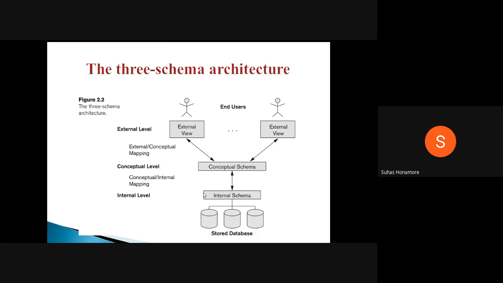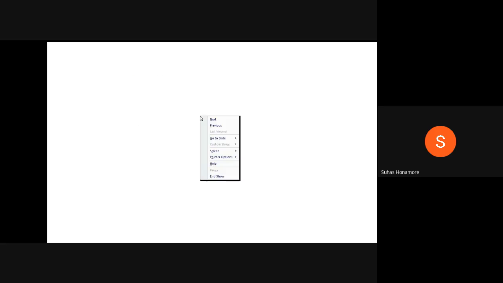Initially different languages came, and they proposed their own ways of doing it. Here we have three levels: external, conceptual, and internal. Depending on this, one language came for external, one for conceptual, and one for internal. Then they tried to combine them with each other. So the first one we had was external, then conceptual, then internal. Three things we have.